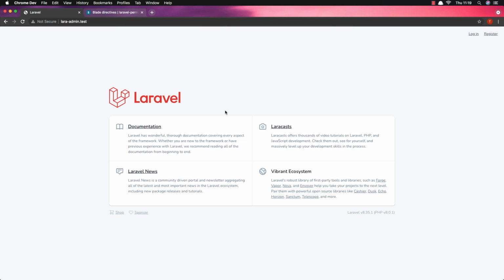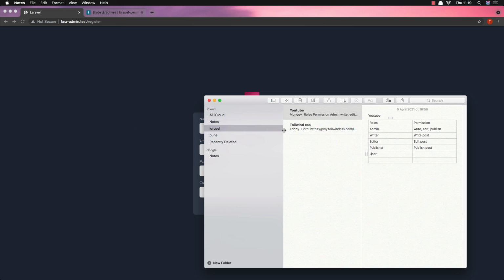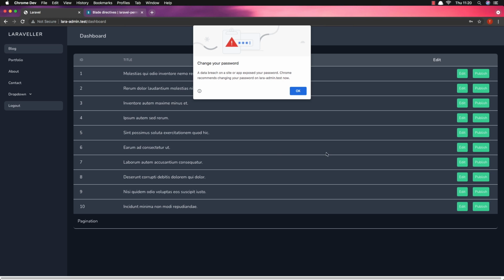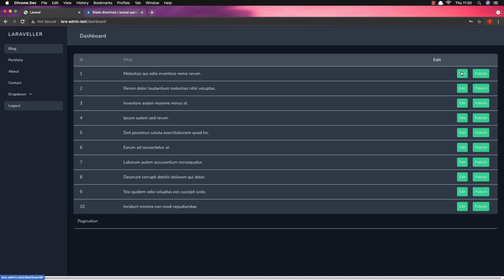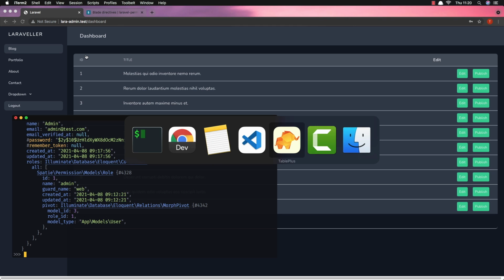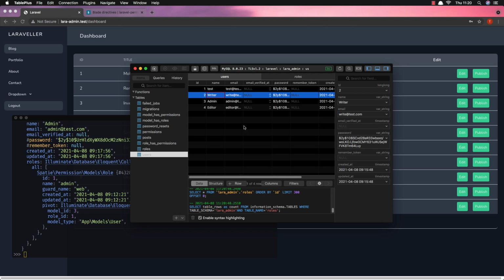And what I said, I want to create another user for the editor and publisher. Okay, this is going to be editor. And add the password here. Okay, the editor, now we can see this edit, but not the publish and not the create button. But first I need to give the permission to this user, and if I refresh now, the user editor has the ID of 4,